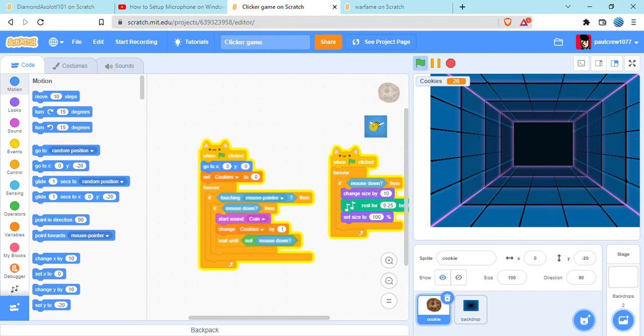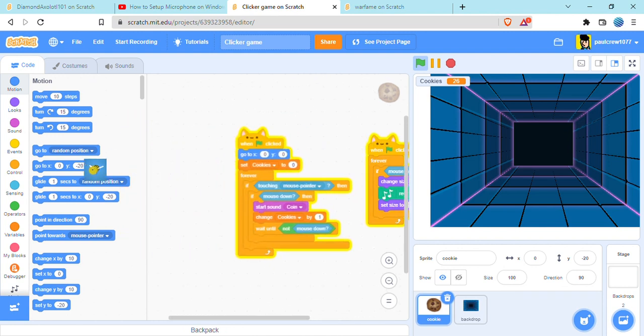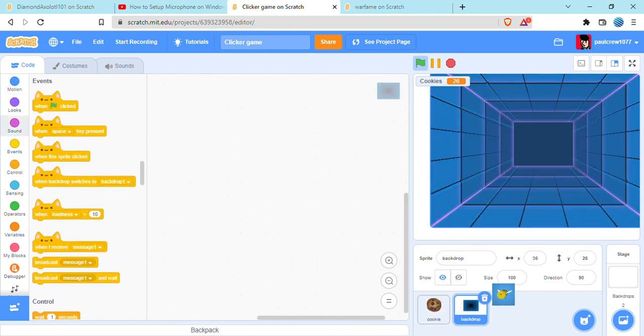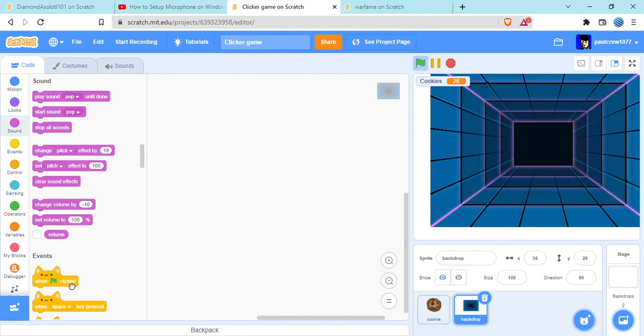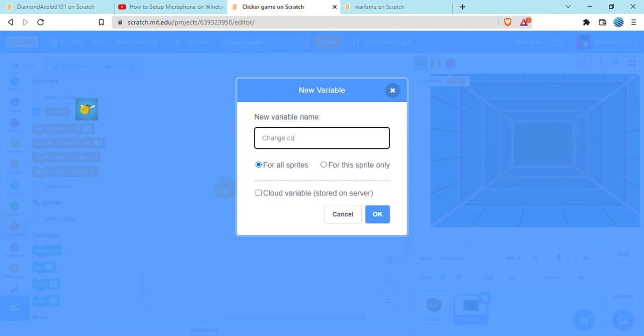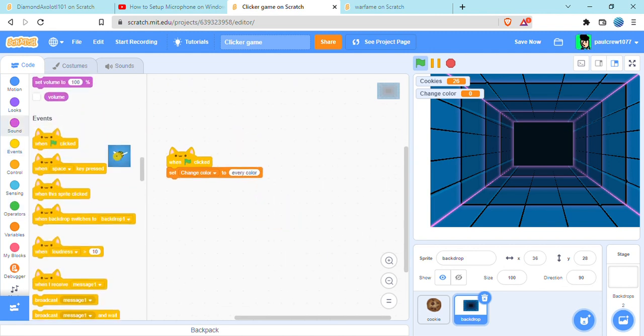Yeah, this is part 3, and what we're going to fix now is the backdrop that's here. First of all, just do the positioning of the cookie, and then the positioning of the background, and make a code. Change color, and set change color to every color, and then when flag clicked,